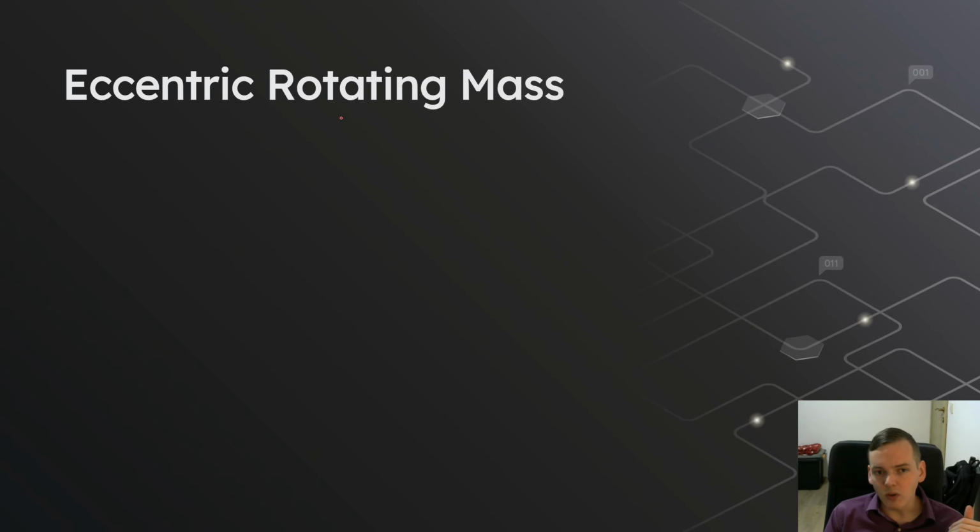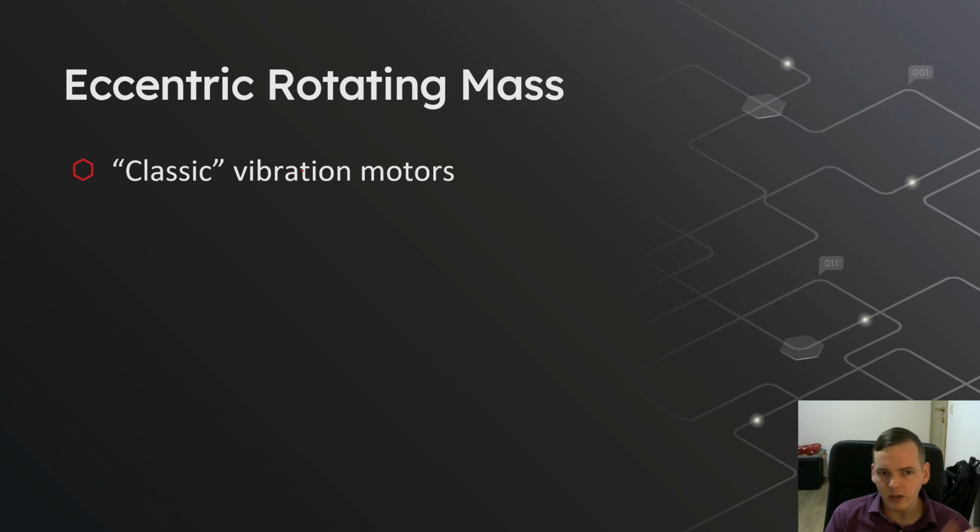That's useful for creating the classic vibration motor, which is the eccentric rotating mass. And what you have here is your motor, and then on the end of the motor, you'll have like a half cylinder here. And then as that rotates around, because it's lopsided, right, it's only half of a cylinder, it's going to kind